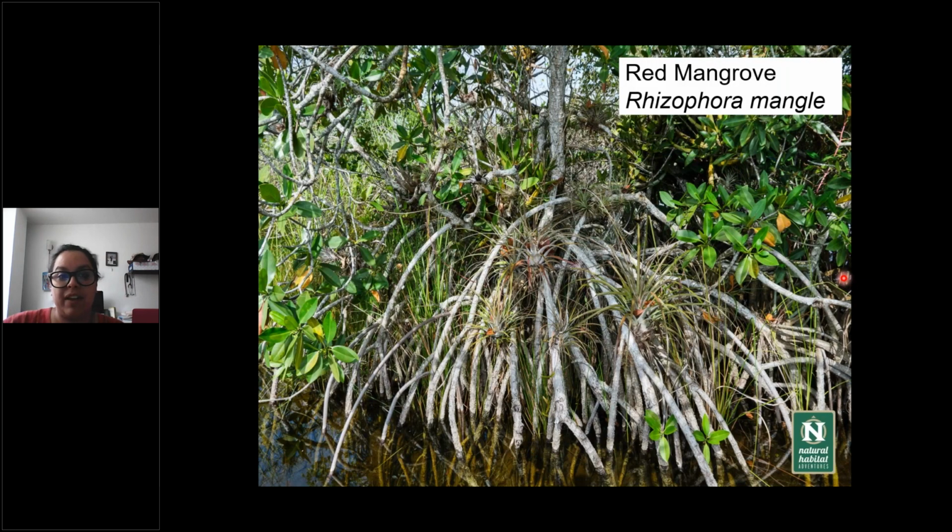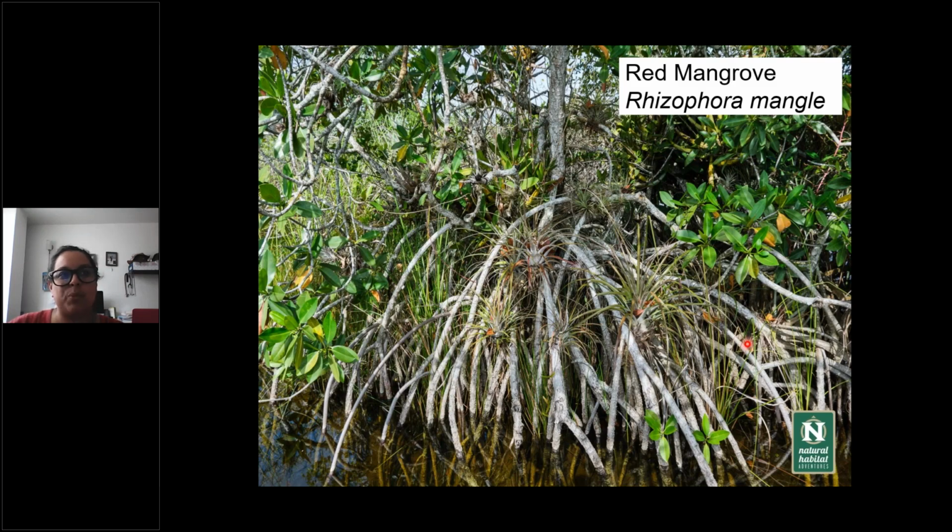The species that we find in the San Pedro Martir River is the red mangrove, and this is the species that is usually in the seawater, when you are on the coast, in these tropical areas where we find the mangrove. So it's something very, very amazing. I'm planning on having a webinar to talk only about mangroves and this specific area as well, but in general terms, the importance of mangroves on the